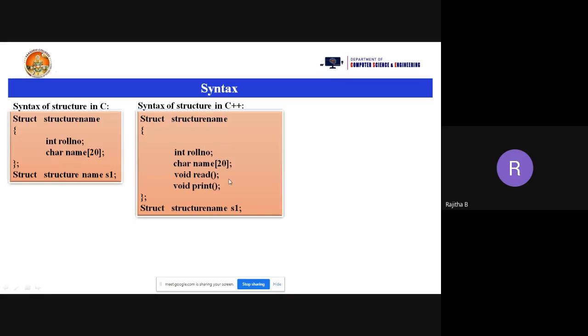So what is the definition of structure in C++ here? It is a collection of data members, meaning you can take the data types as well as the functions. You can include the functions also in the structure in C++. And how to create the structure variable, same as the syntax of structure in C: struct keyword followed by the structure name followed by the structure variable, ending with the semicolon. Now, is this clear? So we have structure in C as well as C++. But what is the difference between the structure in C++ and C?